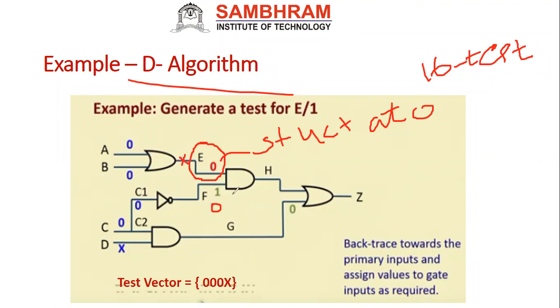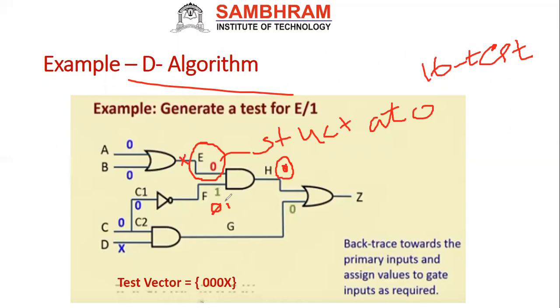If this is 0, and I make it stuck at 0 here, what will happen? I'll get a 0 only. See, my output is not changing, even though I change the input. That is nothing but control will be taken. This is a control. We are going to control this, observing the output.